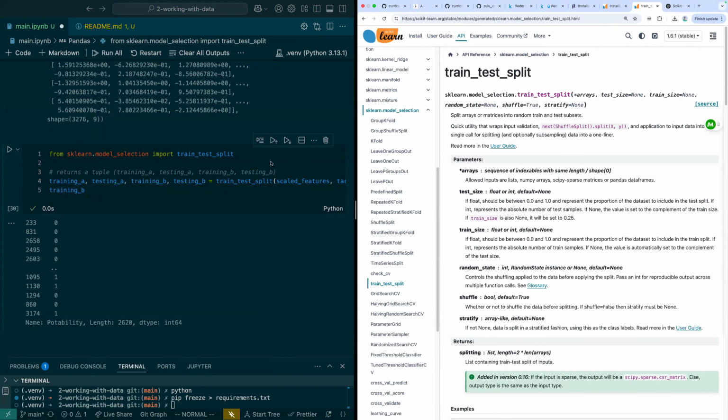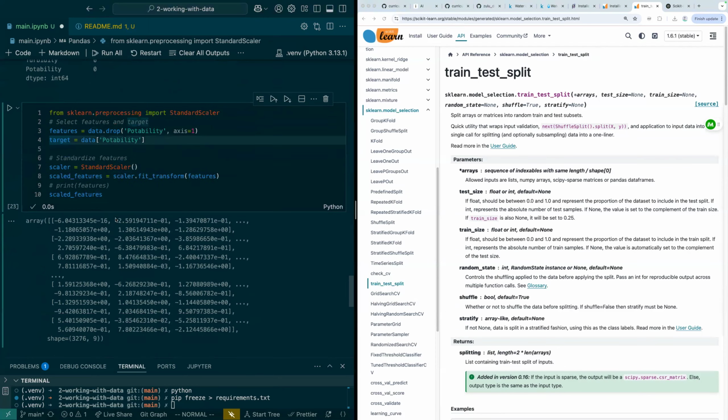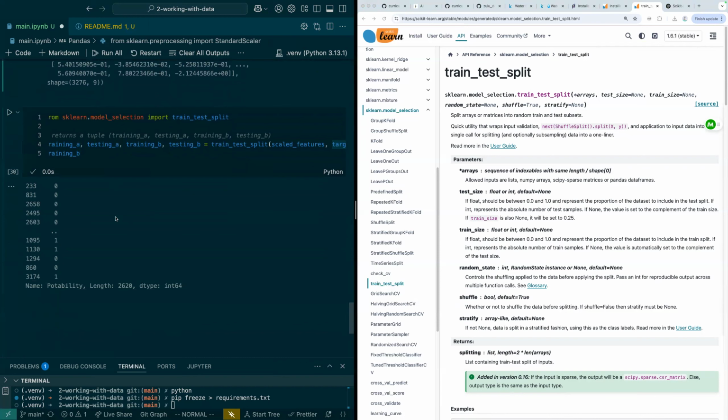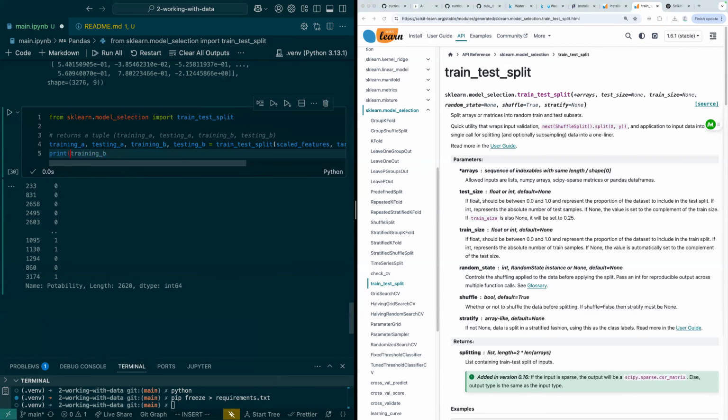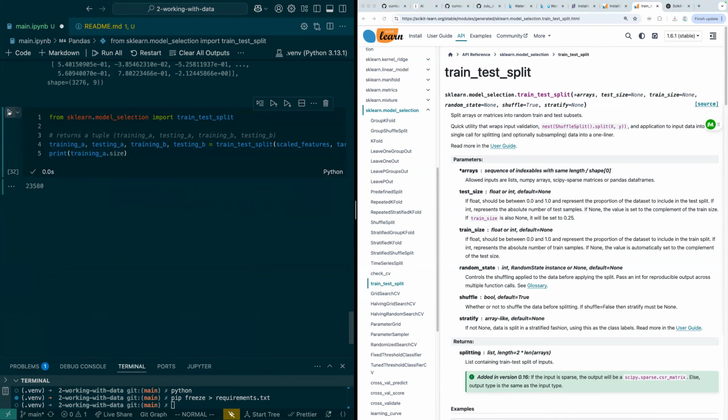You can compare the lengths of it. It does look different than what the documentation's telling you. It kind of looks like it's giving you train A, train B, then test A, test B. So you could just compare the lengths: one should be 80% of the length of the full data set and the other one should be 20%. Yeah, that's a good idea. Let's do print training A. Let's see if I have that right. And I think it's a property. And now if I do testing A dot size,